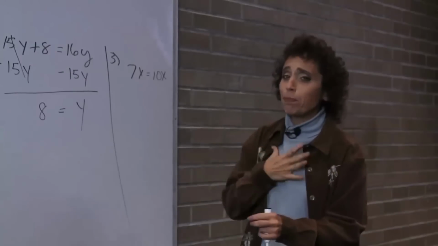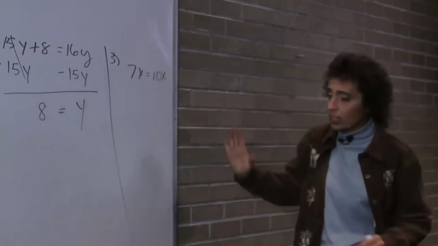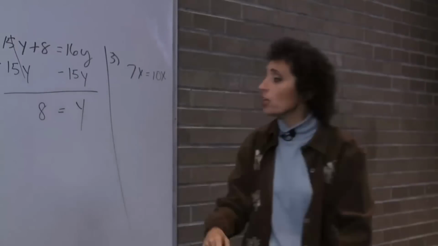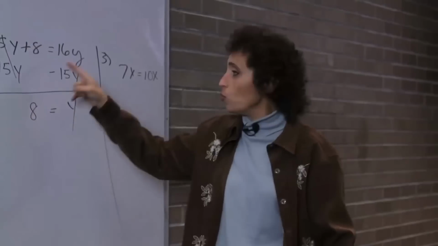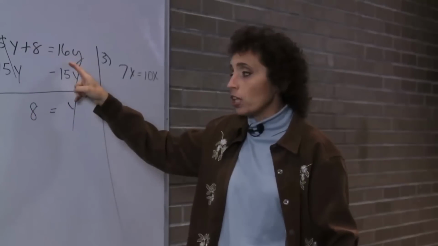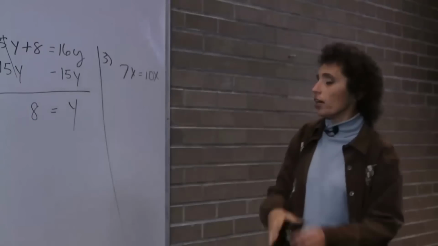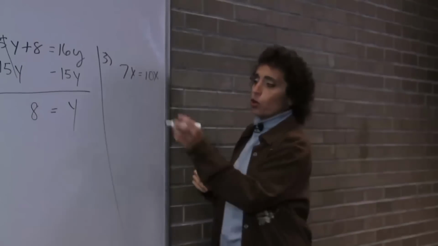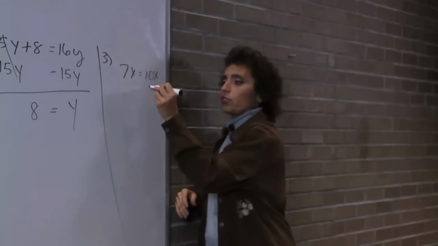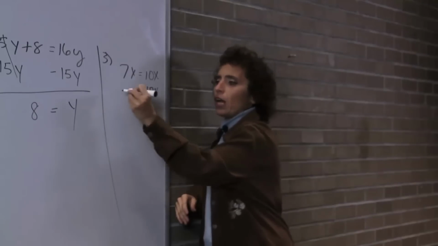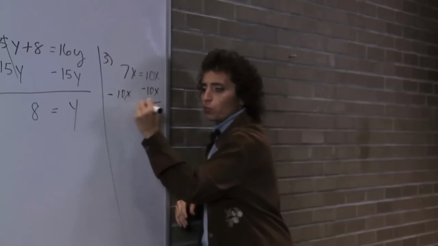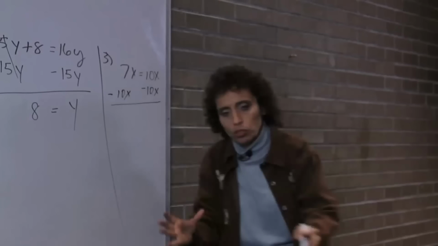If I have a choice, my personal opinion is I'd like to get all the variables to the left, if I can. On this side, I didn't do that because I didn't want to move him because he was alone. So it just depends on the problem. If I have variables on both sides and numbers on both sides, or no numbers at all, I'm going to get the variables to this side. Don't memorize that. Just think about it. It doesn't matter where I move this, but I got to move them. Variables have to be on one side.